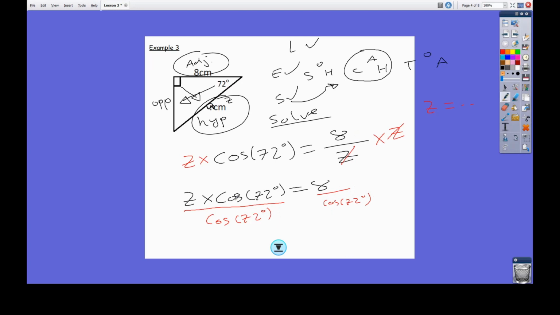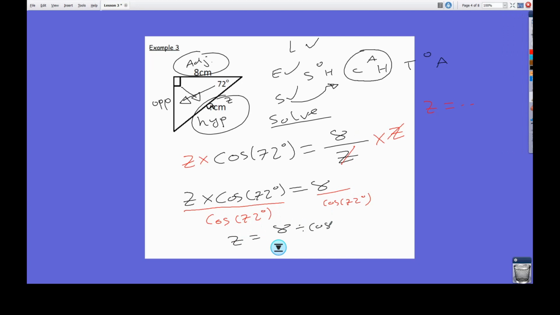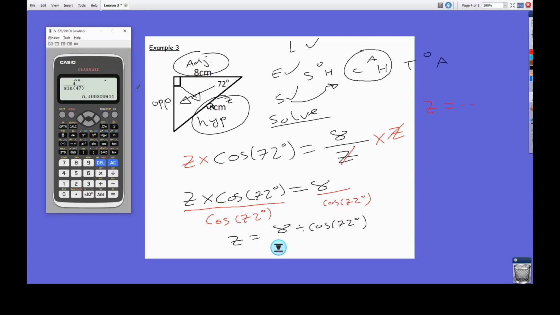So that will give me Z is equal to 8 divided by cos 72, or indeed 8 over cos 72. So let's work it out. I'll do it with division this time just to show you can do it this way. 8 divided by cos of 72, close bracket, giving me, no,